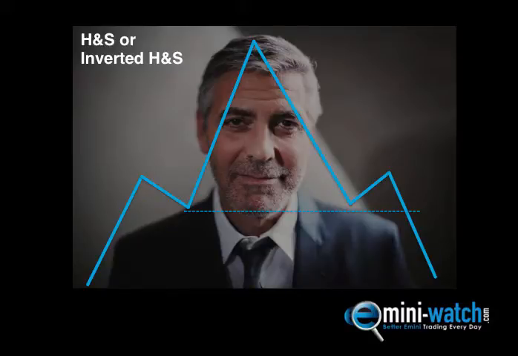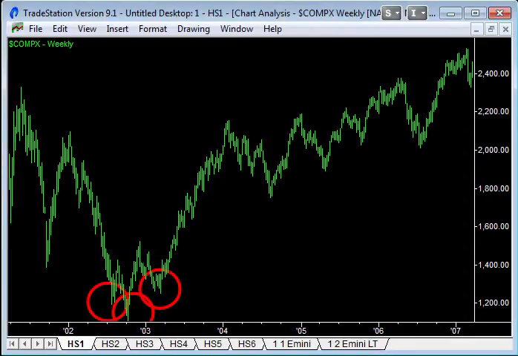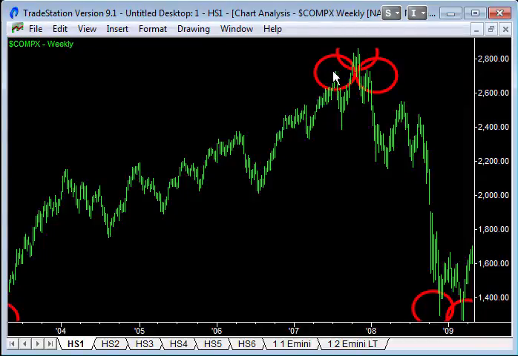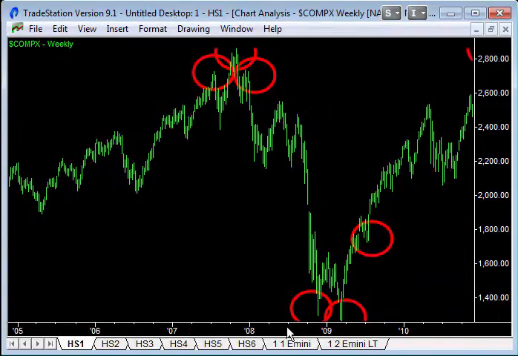Now let's go to some charts, just show you some traditional kind of head and shoulder patterns. Weekly chart of the NASDAQ 2002. Here's the extreme in price down here marked by a head, and the two pivot points on either side, left shoulder and a right shoulder, gives us a classic kind of head and shoulders pattern from which we advance. Market tops out in 07, again left shoulder, head, right shoulder, drops into a downtrend where we have,